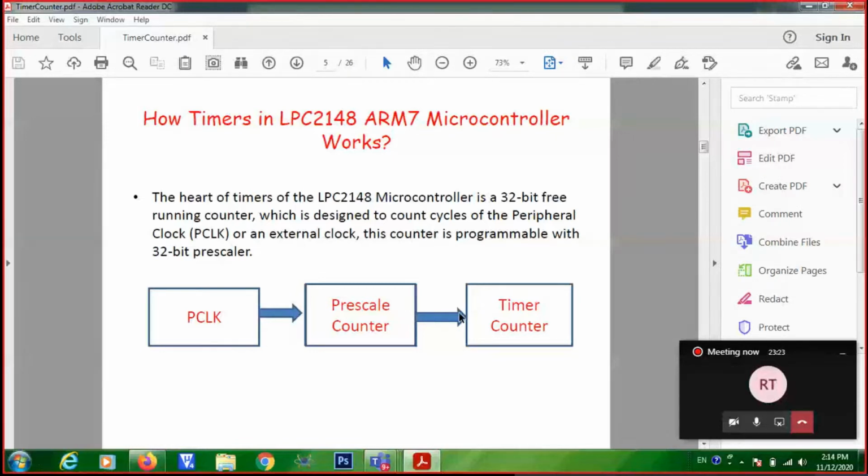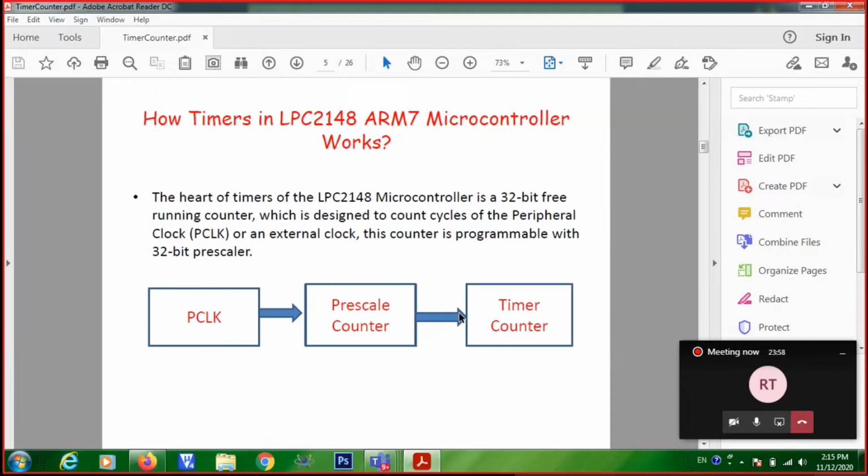Similarly, if you change the prescaler ratio to 1:5, what does it mean? Whenever the prescaler gets 5 peak clocks, then only it will generate 1 clock at the output. That is known as 1:5 prescaler ratio.